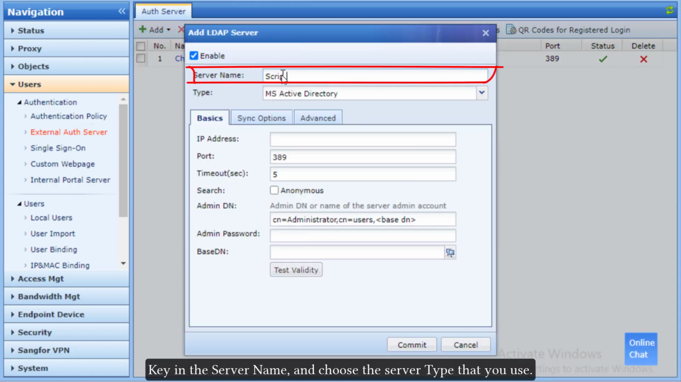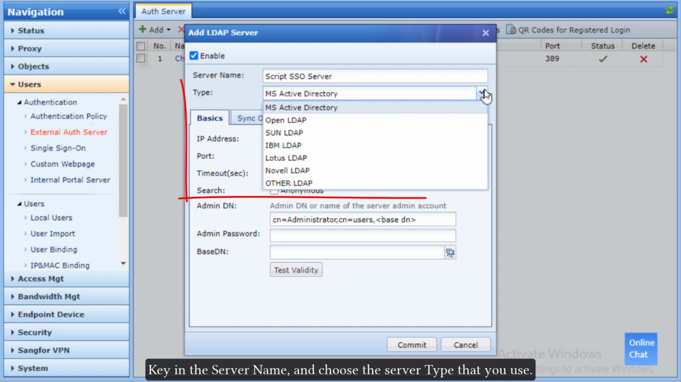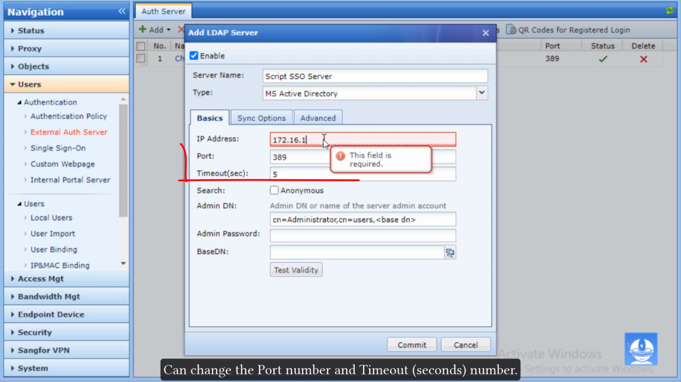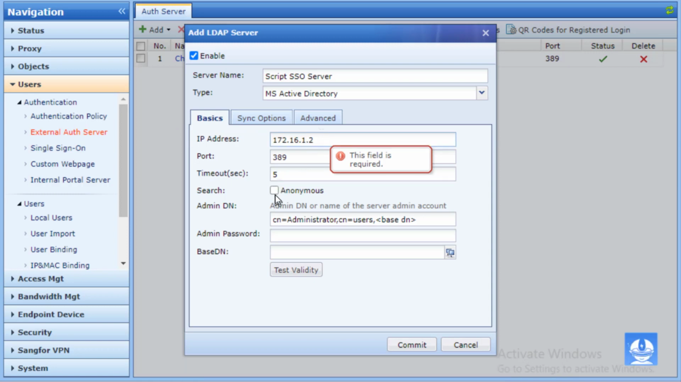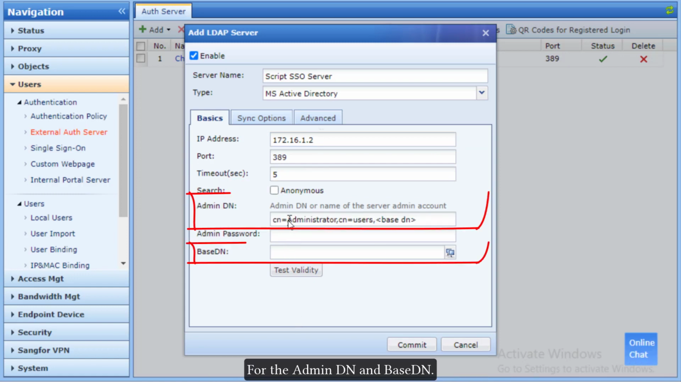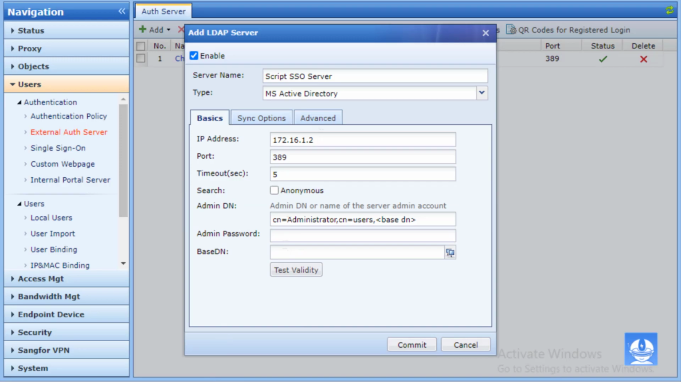Key in the server name and choose the server type that you use. Must key in the server IP as shown, 172.16.1.2. Can change the port number and timeout seconds number. Can enable or disable the anonymous for search. For the admin DN and base DN,